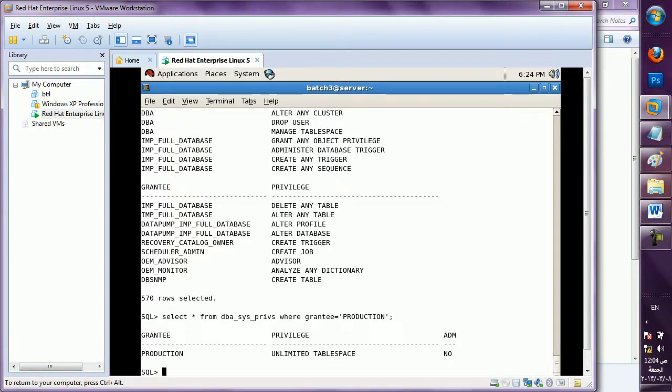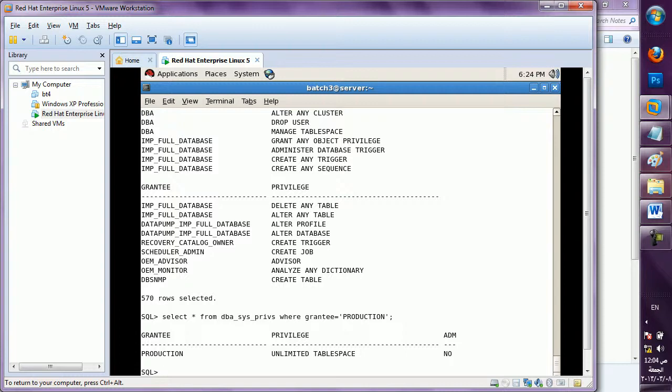So unlimited tablespace, that information it will show you, how many privileges, which privilege he is using. By default it is unlimited tablespace; I can restrict him to 5 MB or 10 MB. If you check finance you will find that.